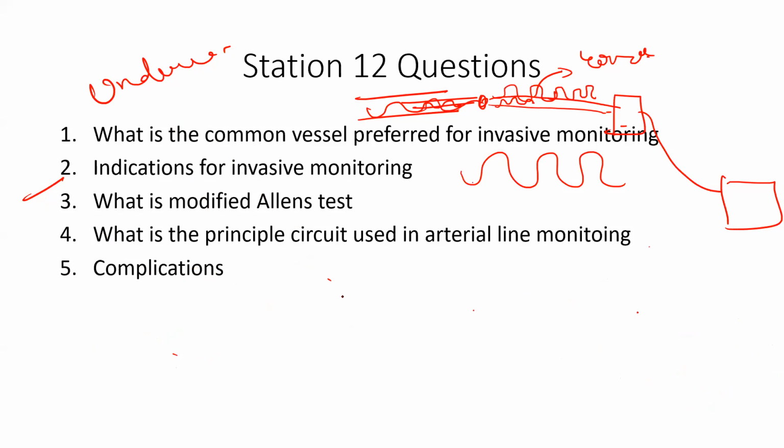Okay. So what happens? I think I haven't got the transducer picture. Don't worry. So you got a transducer here. Then you got a three-way, right? You got a three-way in that. Okay, fine. At the end, I'll get a picture and then I'll explain so that it'll be easy for you at the end of this class. Just remind me. Okay. Let's move on to the next station.